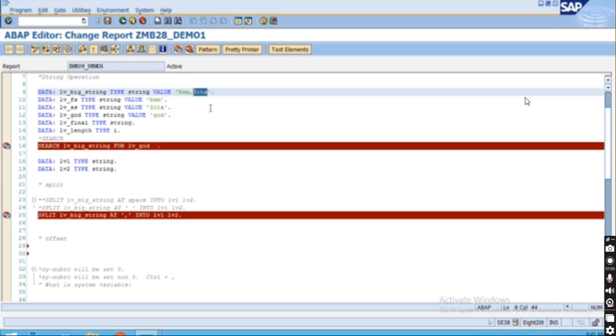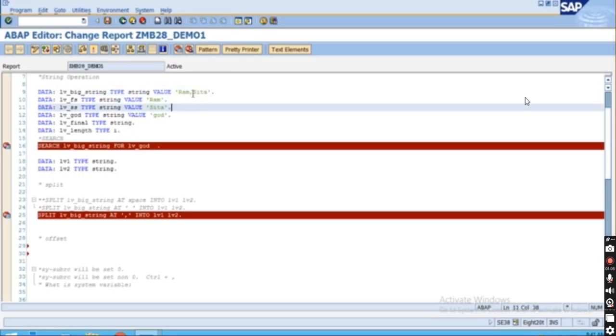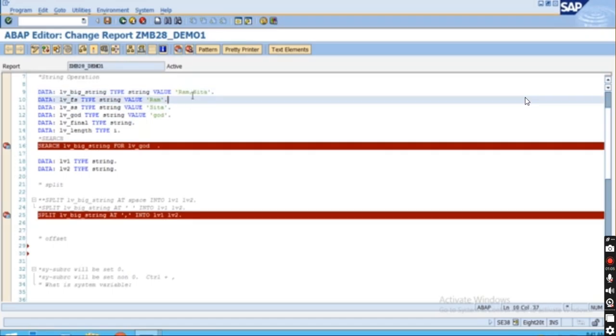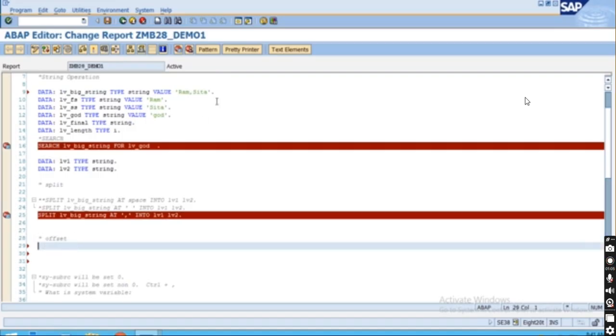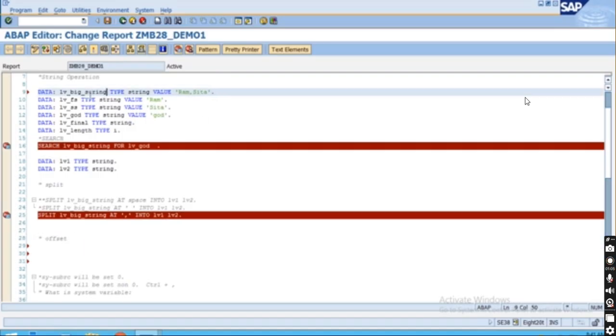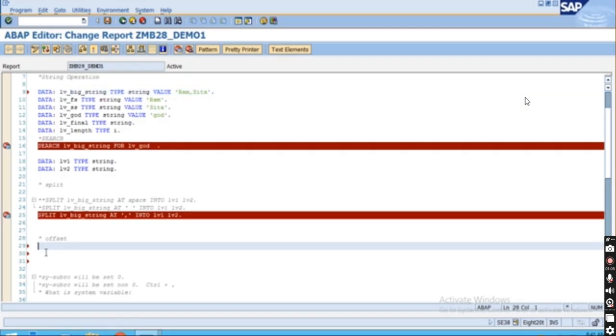So how will we get it? The total length of Ram is 3, and this comma is 4. So after 4 characters we have Sita over here, right? After 4 characters. To access Sita from this particular string, what we will do: